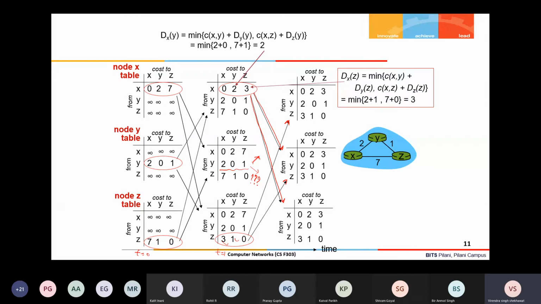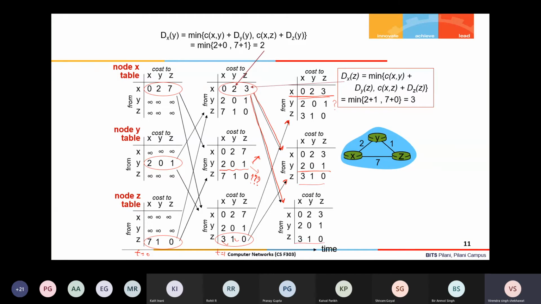Now after receiving these updates, they will recompute, and you know that in this given topology there will be no change even after receiving these updates from Z and Y. X is receiving from node Z only, and after receiving this 3 1 0 from Z, there is no change in the table. X's distance vector remains 0 2 3 only, so X will say there is no further message to send. Similarly, there is no change in Y's table after receiving this update from Z. Y's distance vector also remains 2 0 1, and Z's distance vector is also 3 1 0, right?